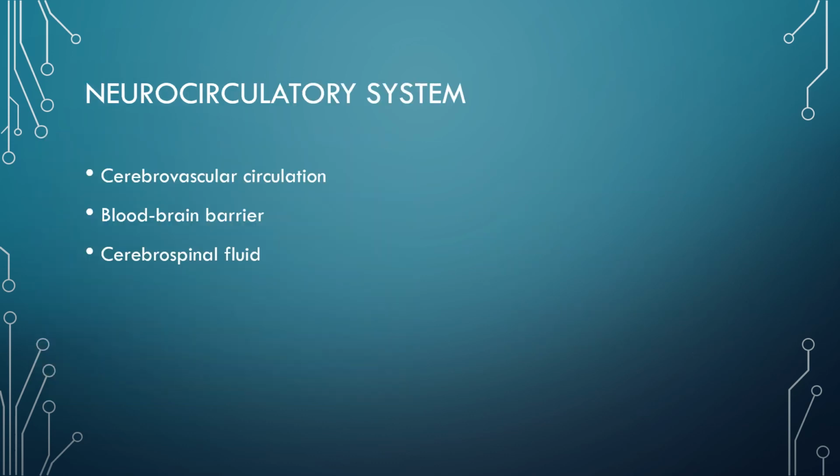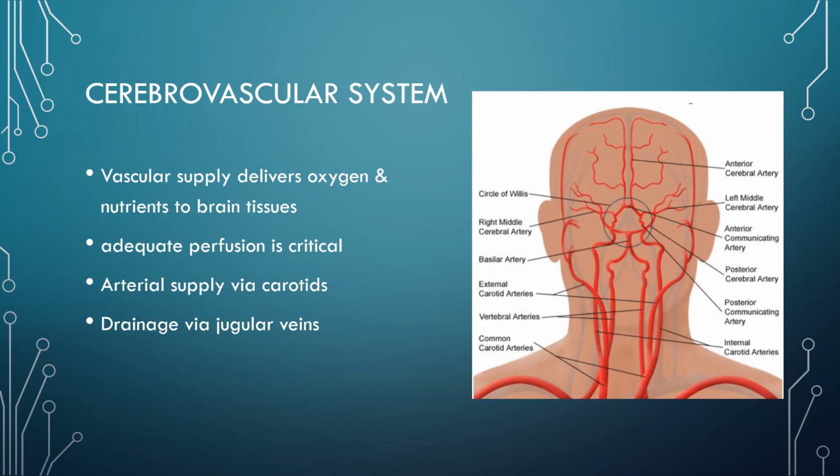Within the CNS, we have the neurocirculatory system. So that's referring to blood flow, circulation, and oxygenation. We'll take a look at the cerebrovascular circulation, the blood-brain barrier, and then cerebrospinal fluid. Image of your cerebrovascular system. The vascular supply or blood supply delivers oxygen and nutrients to brain tissues. Adequate perfusion is going to be critical, right? If you have a blockage and lack of oxygen to any area, cell death can be pretty quick